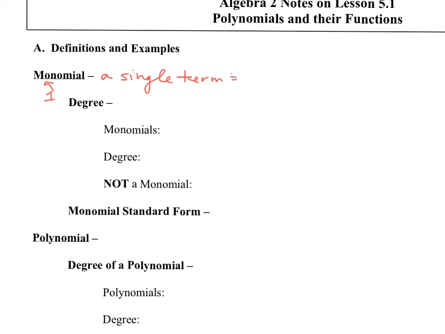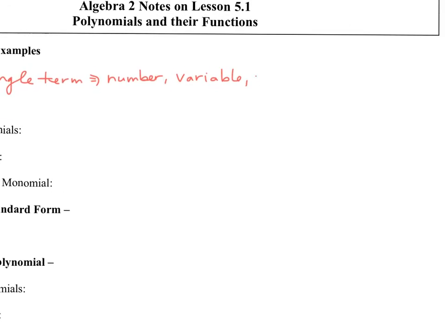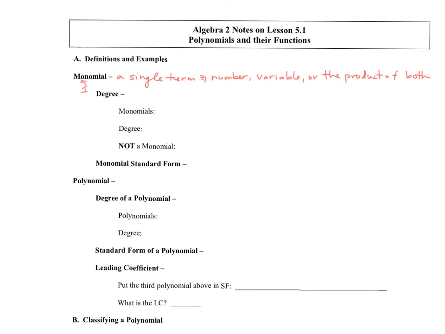That can be a number. It can be a variable. Or it can be the product of both. Okay, a number, a variable, or a product of both. Basically, what this looks like,